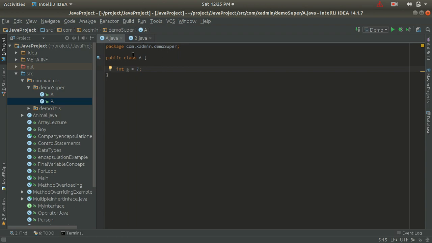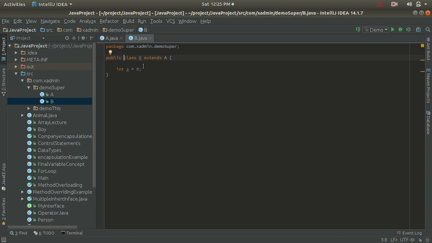Class A is the parent class of class B, or we can say that class B is a child class of class A. As I extend class B with class A, all the properties and methods will go to class B, right?